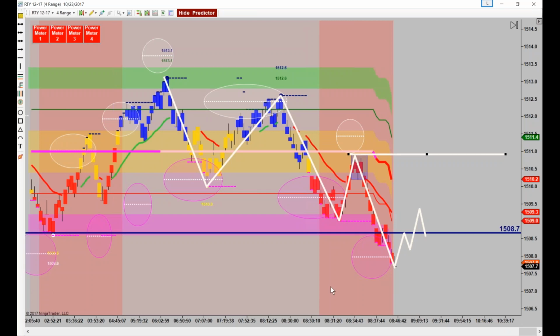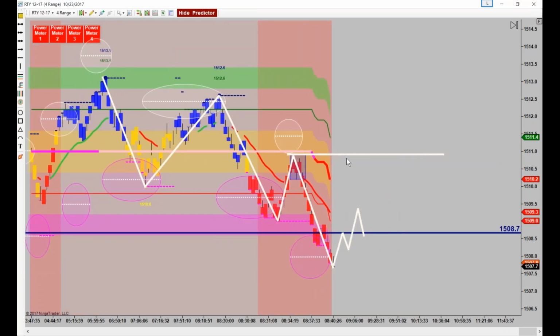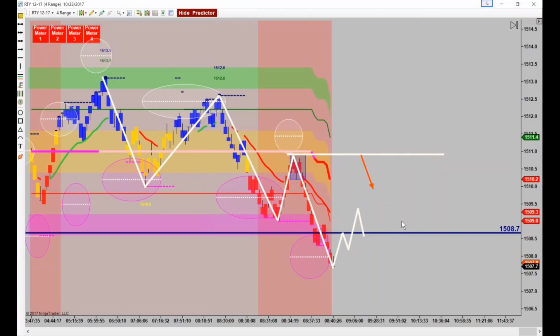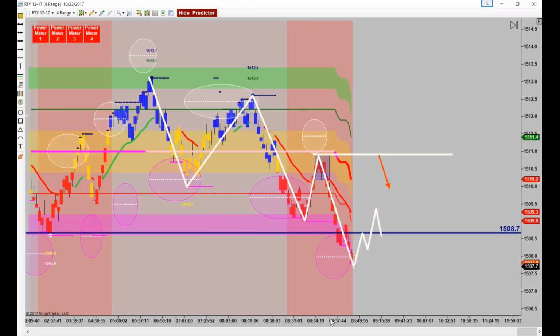Okay. Now, if this doesn't get taken out on a retrace, then you could pretty much count on the fact you're going to still head down. But if it does take it out on a retrace, you might be able to see that you're very possibly changing trends. Everybody see that? Now, does this mean that you want to take a long like here? Not really, unless you're a really gutsy trader. I showed you one today where I had some nice profit in it, but because I didn't get out when I wanted to, I let it go at the stop and it got out at break even. But wasn't the better trade still the short,